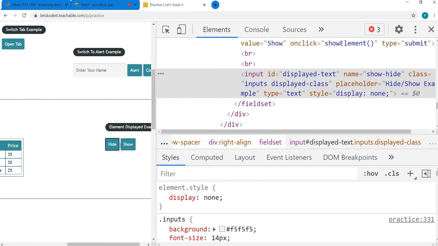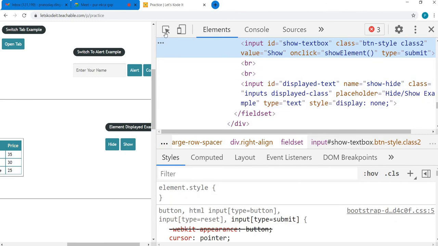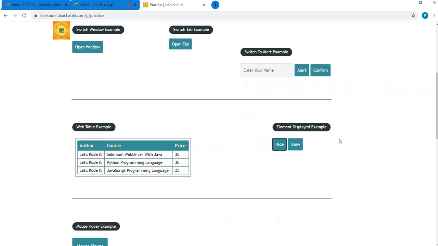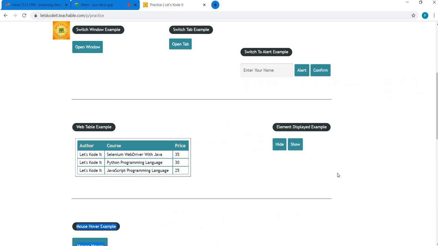Now we want to check that after clicking on show, this show indeed brings that element into view again. So for that, let's inspect this show button. For inspecting the element, you have to click on this arrow and go here, right? And how to come to this window, I'll tell you again: right click anywhere on the page, and select this inspect